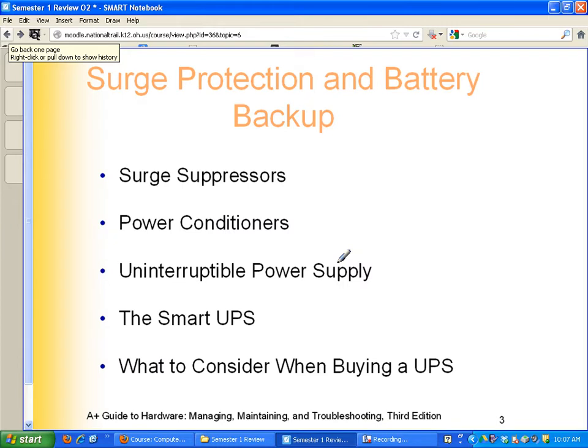Okay, we have different devices to protect our equipment. Surge suppressors protect us from what? Spikes, okay? Temporary voltage increases. Surge protectors protect us from spikes. Power conditioners protect us from brownouts,